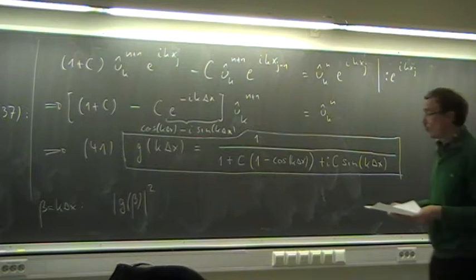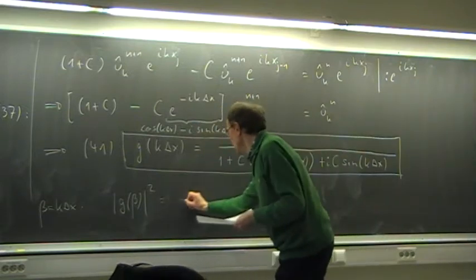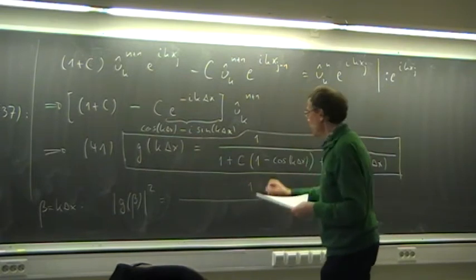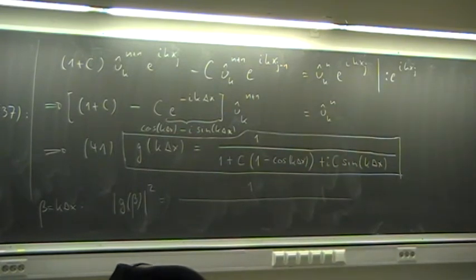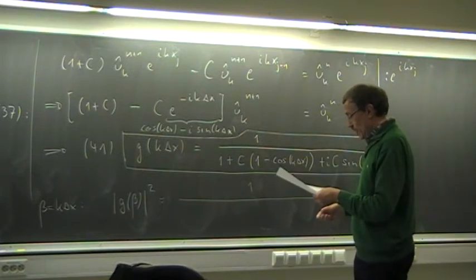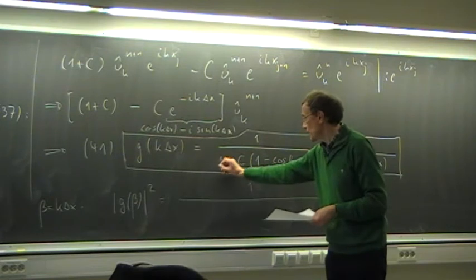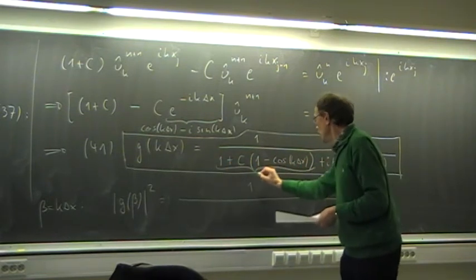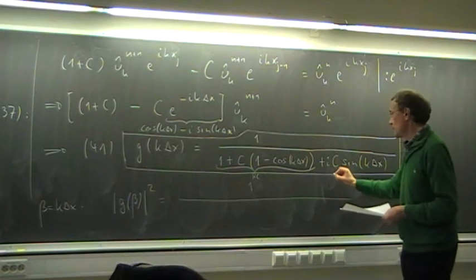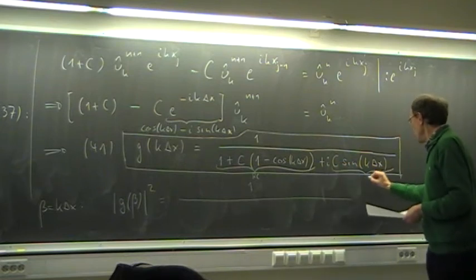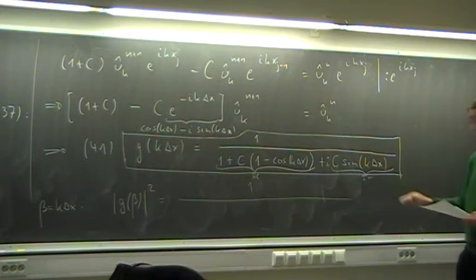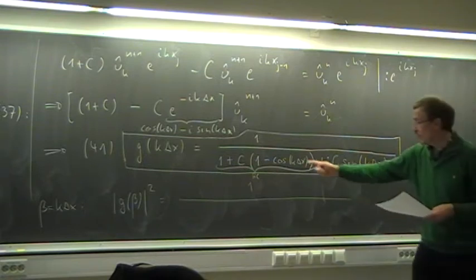And then we get, for a complex number, we can also go directly in the denominator and take the real part squared plus the imaginary part squared. So the real part squared, this is the real part here of the denominator, and this is the imaginary part of the denominator. So we will square them to get then by that the modulus of g squared. So we take this squared,